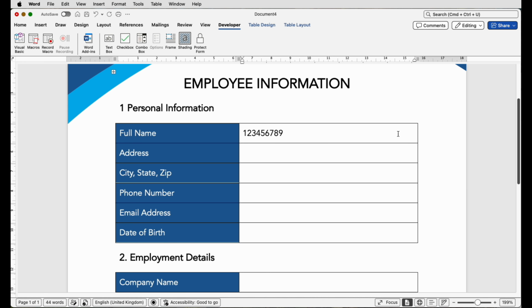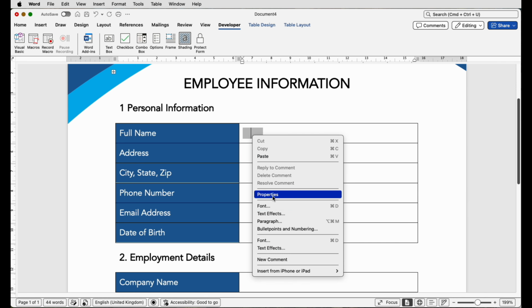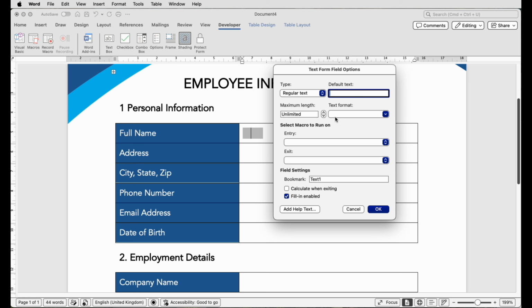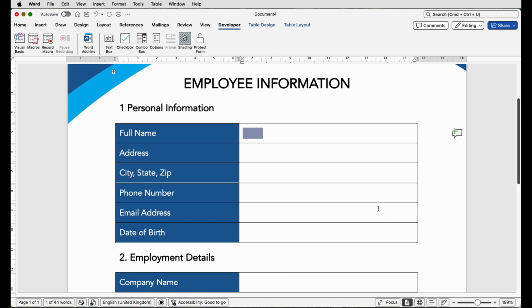I'd leave it short a little bit, and then you can decide how many you want in your cell. So let's go to text box, and let's go down to Properties, and let's say limit that to 20 characters, and you can select your text format. You can go to title case, upper and lower. Let's just put the first letter capital. Field settings at the bottom here, you don't have to worry about that, then just simply click OK, and now